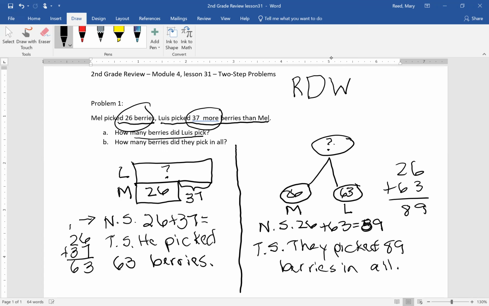Two-step problem where they broke out the two questions that you had to answer. Comparison, we used a stacked bar model. Part whole, we used a number bond. All right, we're going to go back and we're going to erase